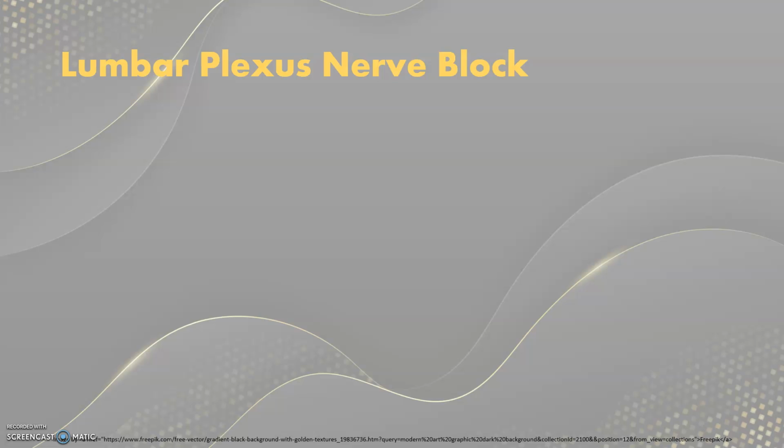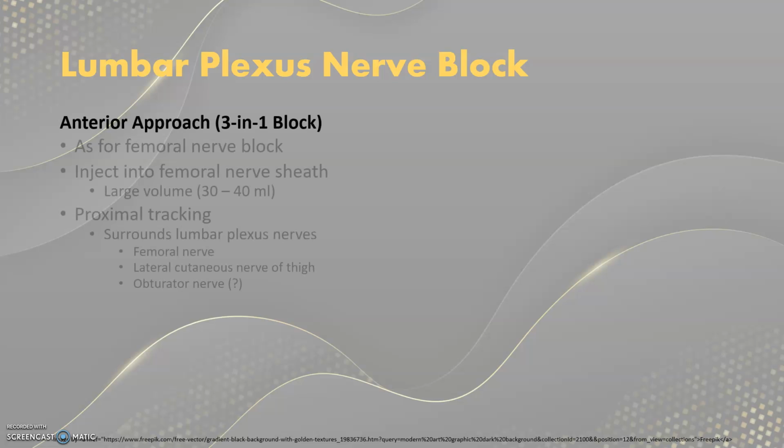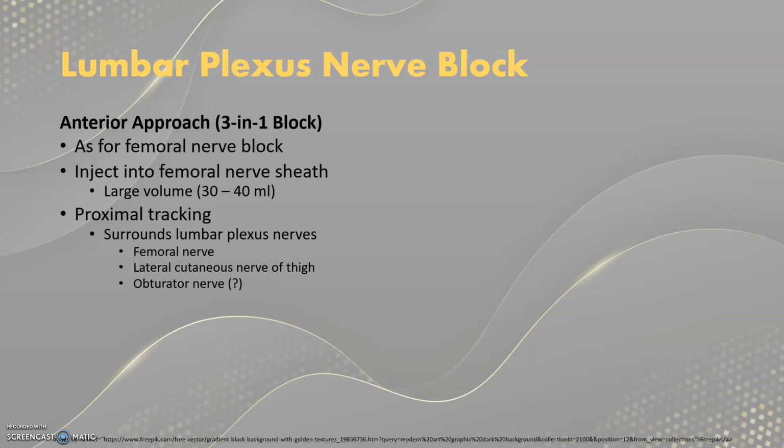Finally, let's think about some nerve blocks involving the lumbar plexus. The first is something called a 3-in-1 block, and really it's just a modification of the femoral nerve block. We try to get into the femoral nerve sheath and inject a large volume of dilute local anesthetic, which tracks proximally and therefore can block the entire lumbar plexus. This can be useful when dealing with hip fractures or